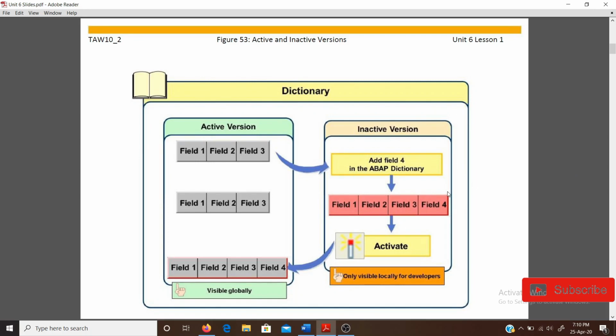Now this slide tells us about the change in the status of an object. Initially, an active structure contains three fields, field 1, field 2 and field 3. When we add an additional field, it becomes inactive.